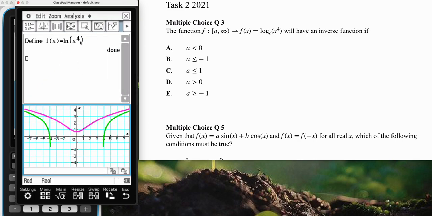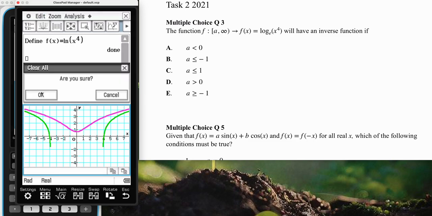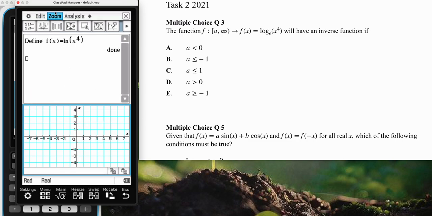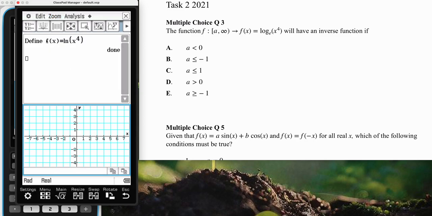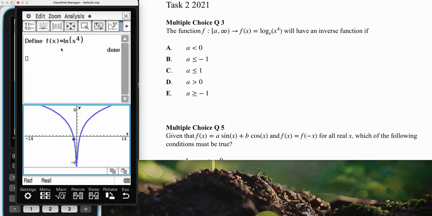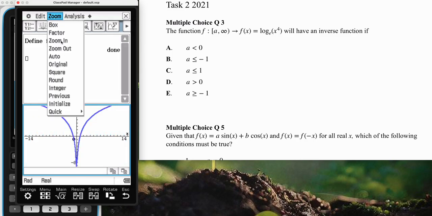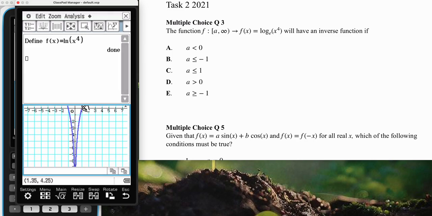Click on the graph button. I've already got something there, so I'll just clear all that. Usually we want to initialize a quick standard, and basically just drag f of x into there. See what happens. We get this. What I wanted to point out with this graph is, I'm going to zoom out a little bit. And actually, I won't zoom out, I'll zoom in and just show you that sometimes